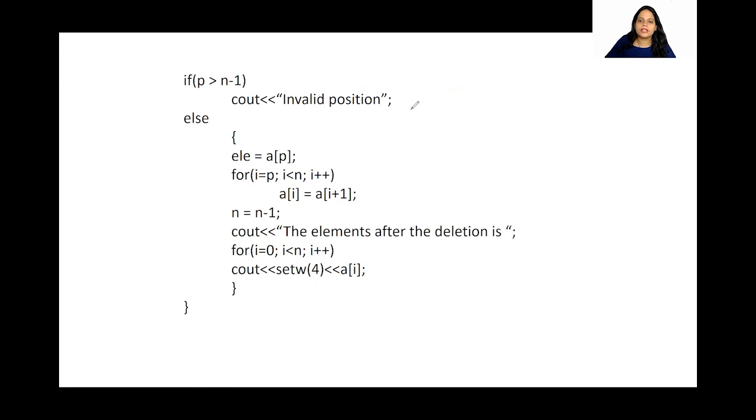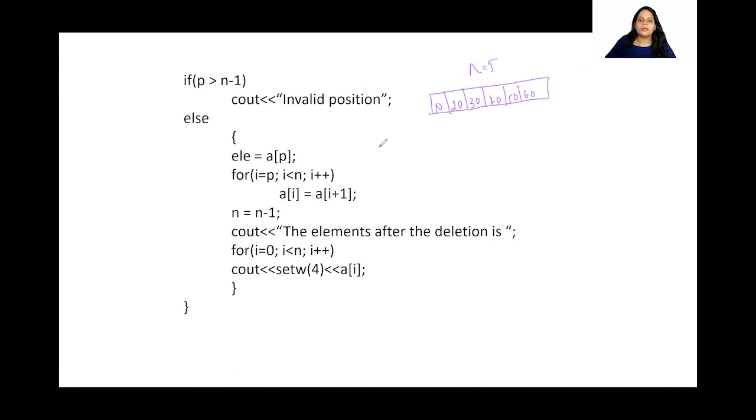I hope this is clear to you all. If you want me to explain this with another example, where there is a lot of shifting, see here, I'm taking n is equal to 5 and I have these many elements. Okay. So now this is 10, 20, 30, 40, 50, 60.